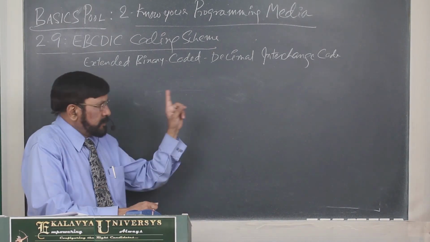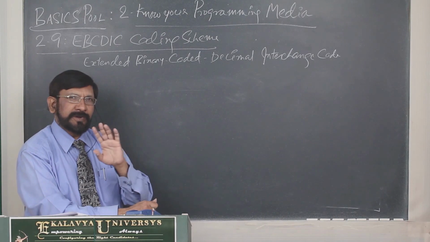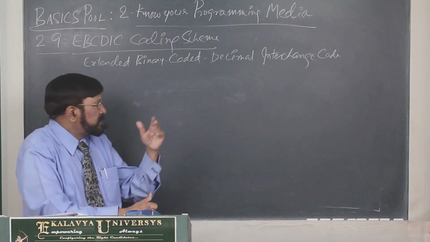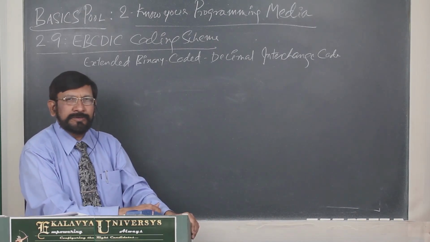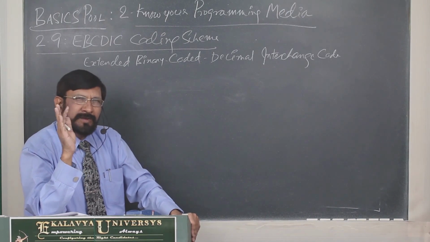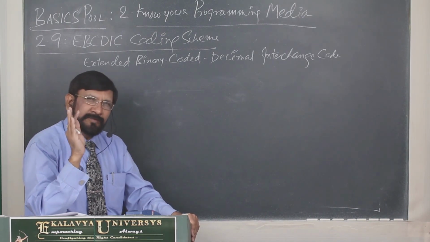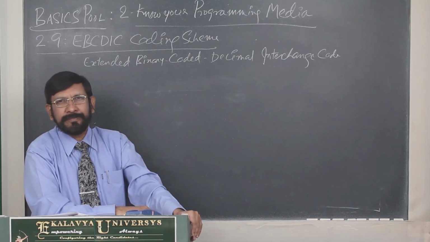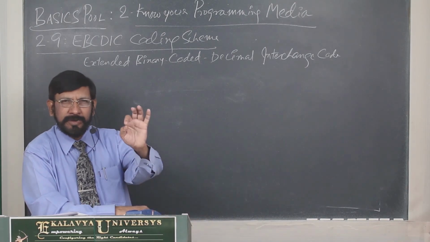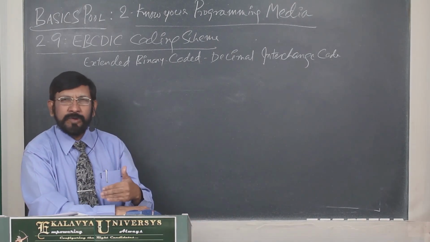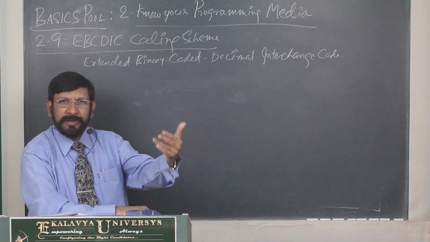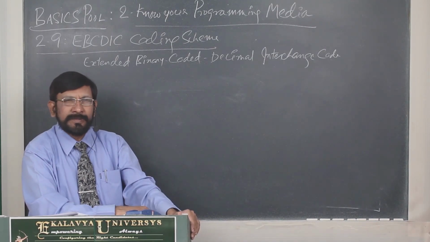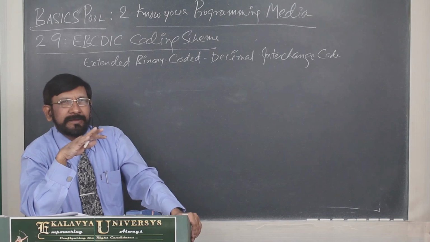So this is meant for mini computers and mainframe computers, and ASCII and extended ASCII are meant for microcomputers. In this context, I have to tell you one secret. Whatever data a computer takes, stores and processes is binary. Everything is stored in binary format only. Our programs or some other mechanism are responsible for converting it into a different form and showing it. For example, illustratively, it is like this.